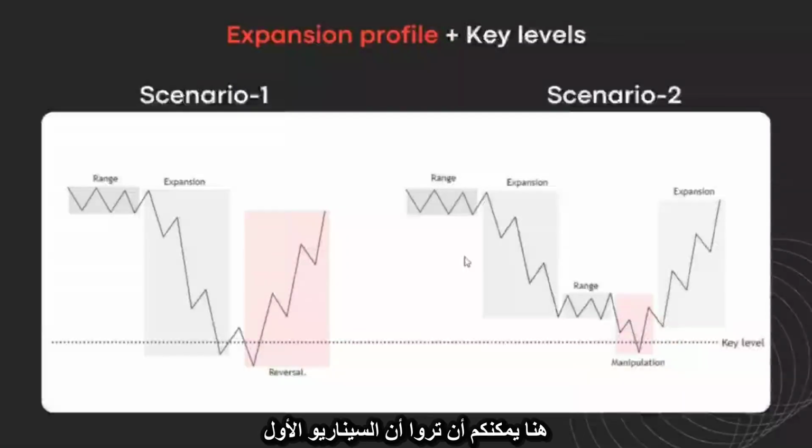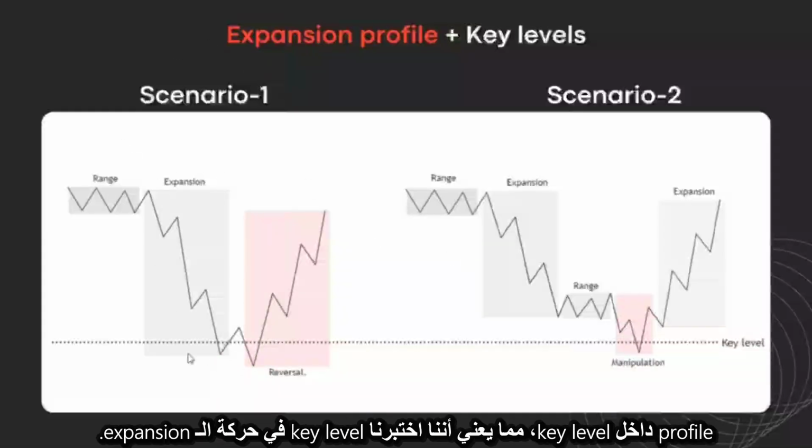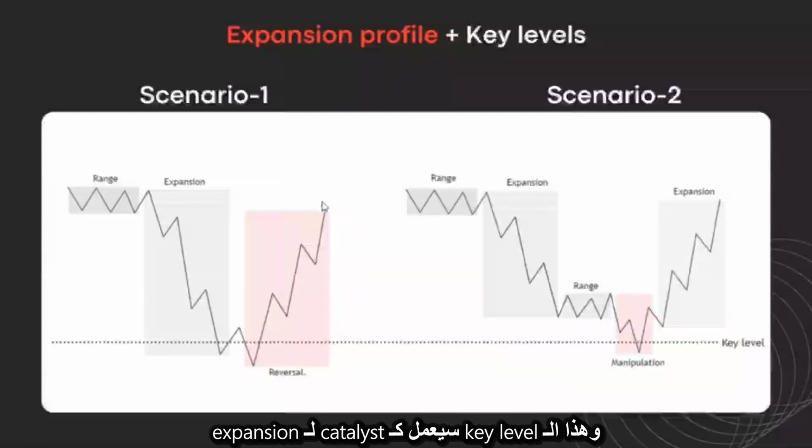So right here you can see the first scenario, based on the combination of expansion profile and key levels: the expansion profile ends inside a key level, meaning we've tested the key level in the expansion move. In that case, we are going to expect a reversal profile straight away, because a key level has already been tested, and that key level is going to act as a catalyst for expansion in the form of a